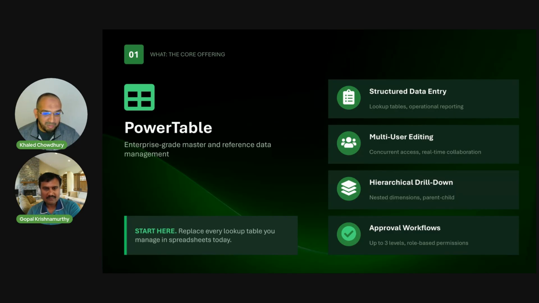Anything you want to add before we go into the planning? I know we have some demo videos that we're going to show as well. Yeah. So Power Table, Khaled was one of the ones who about 3, 4 years back said this is an unmet need in enterprises. People still use Excel. You have master data systems, but you don't really have what is called a reference management system software. Think about it as a futuristic master data.